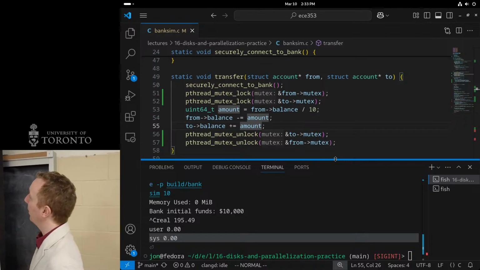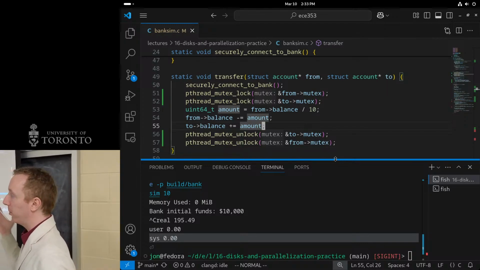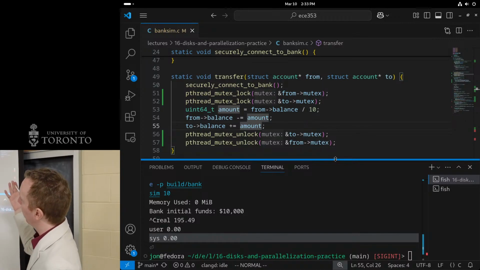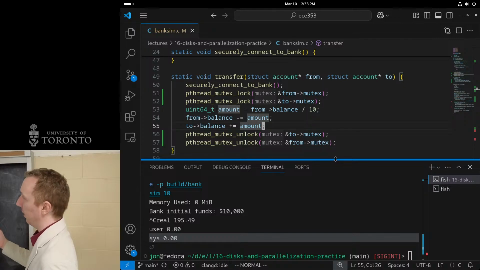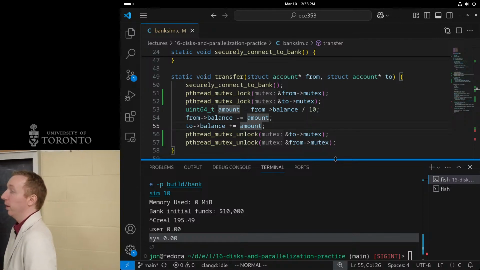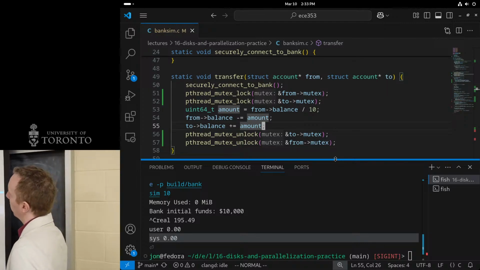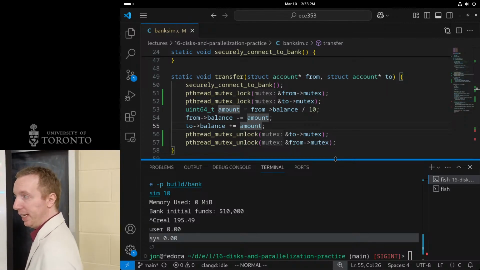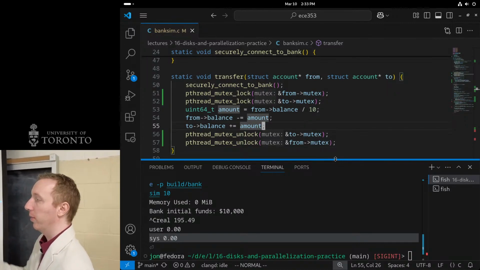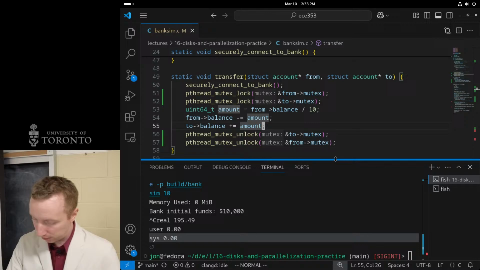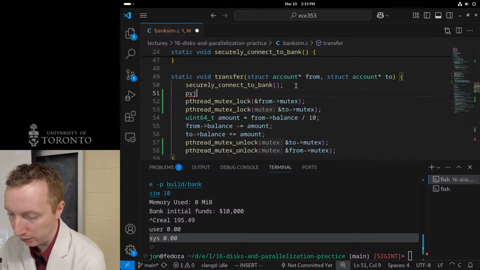Yeah, so to prevent a deadlock, there are two different ways to do it, right? We only have to break one condition. We can either break circular wait, or we can break hold and wait. So the suggestion was, in order to break circular wait, we need to order them somehow. Luckily, each account has an ID, which is unique, and we can just always lock the account with the lowest ID first. So that would give us some type of order. So to implement that, I could just do something like this.